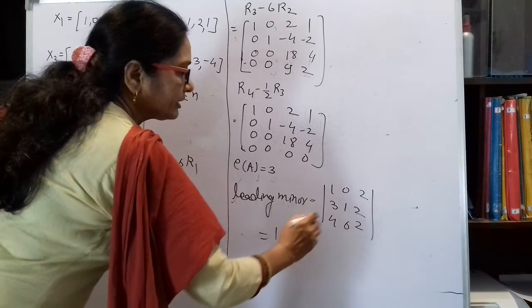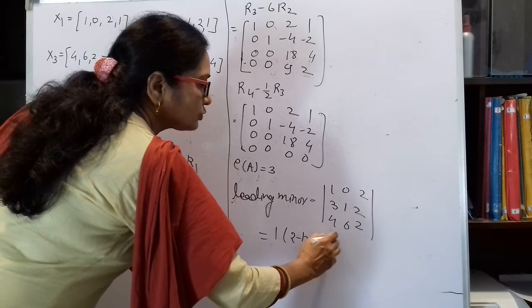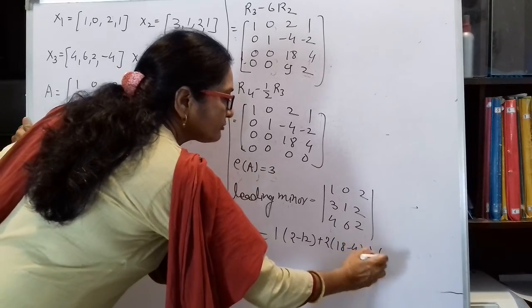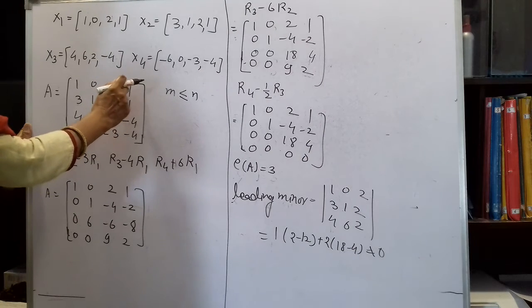So what will we get here? 1 into 2 minus 12 plus 0 plus 2 into 18 minus 4, and that is not equal to 0. Since it is not equal to 0, therefore